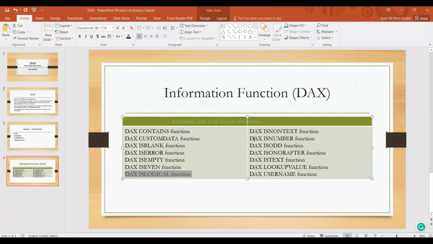And we have other functions like ISNUMBER and ISODD, which is the opposite of ISEVEN. DAX LOOKUPVALUE is most commonly used. I will make a separate video on LOOKUPVALUE. Thank you very much for